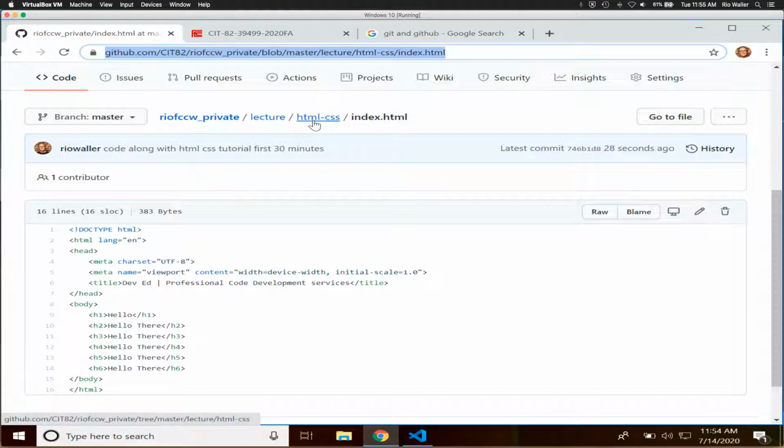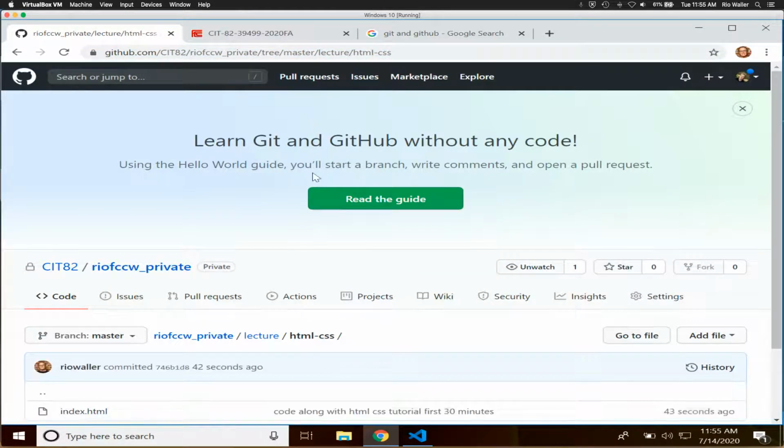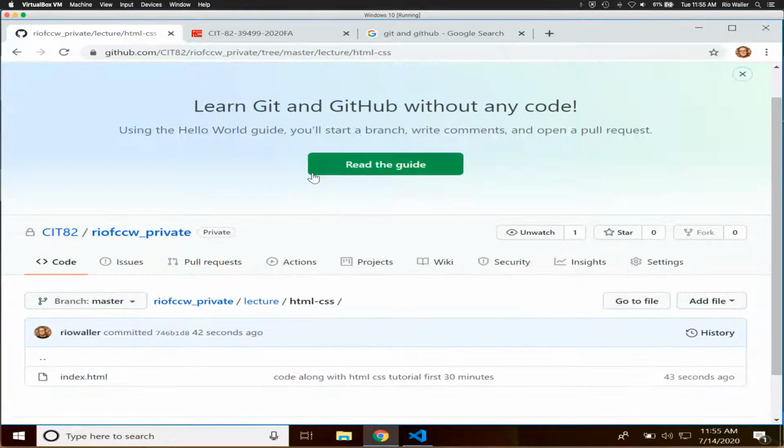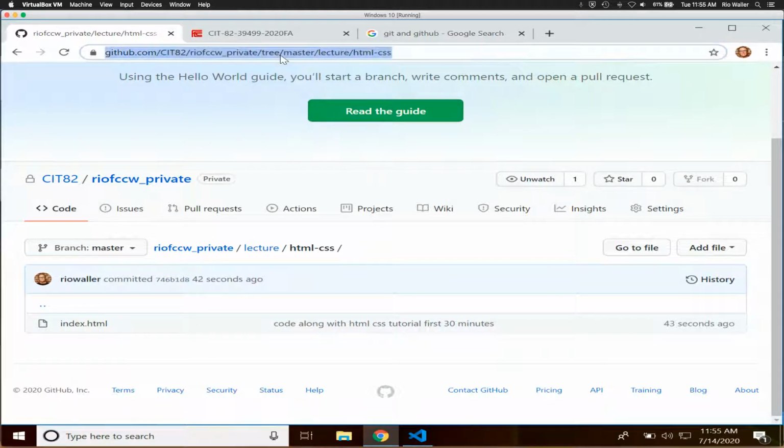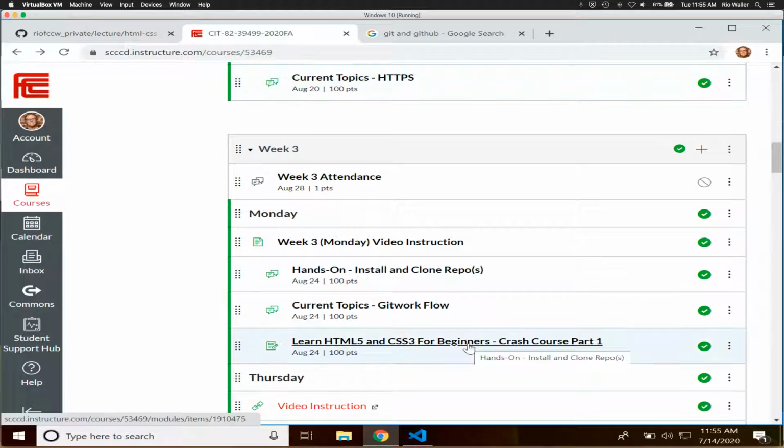Now, why am I doing it this way? Let me show you. I'm going to back up and hit HTML, CSS. The reason I'm going to have you do the folder is that over time, especially as we add the CSS, there'll be different files here, and by the way, I can also see commits here, right? And then what I'll have you do here is just copy this, and then in this item right here,